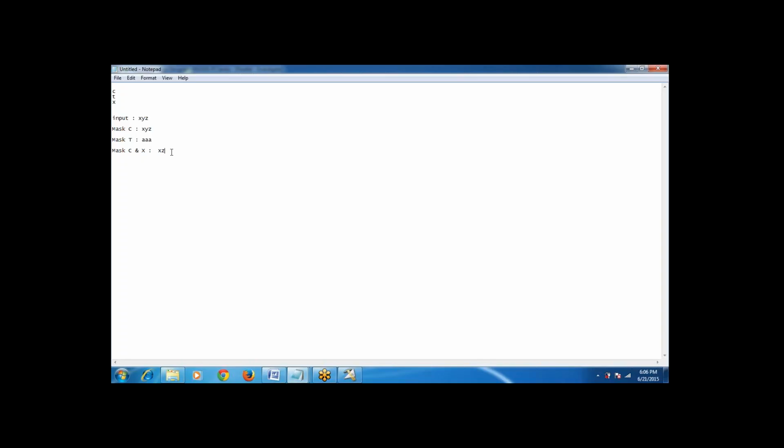That is the reason it is skipping the middle character. Just assume I'm applying X on the middle character.